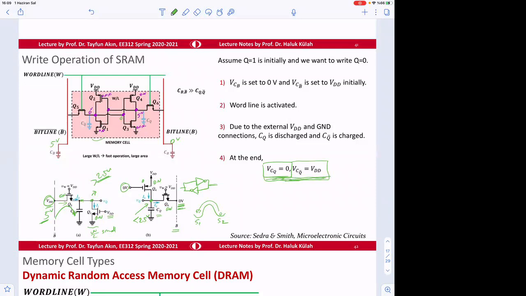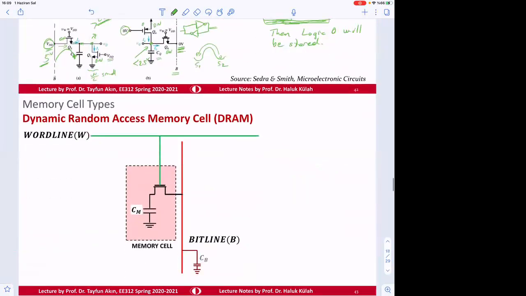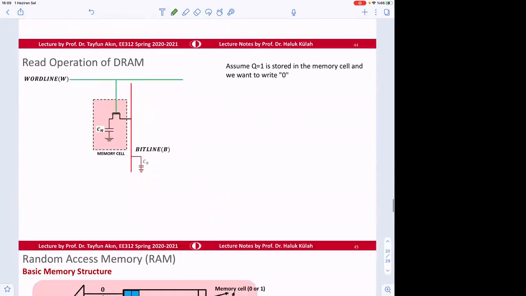And then logic 0 will be stored. Okay, so this is the basic idea for reading and writing,